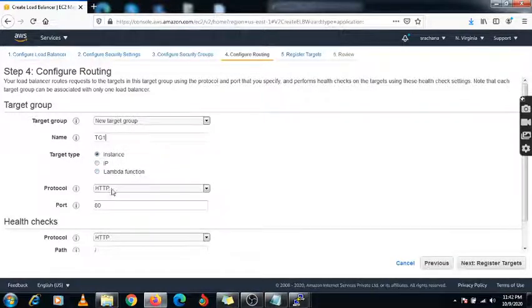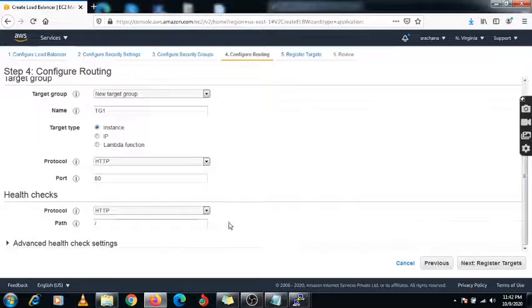These three options you will get. Under protocol, HTTP and HTTPS. I am selecting HTTP. Health check is asking for the same thing again, so I am keeping it the same. Under advanced settings you will get the health check settings.